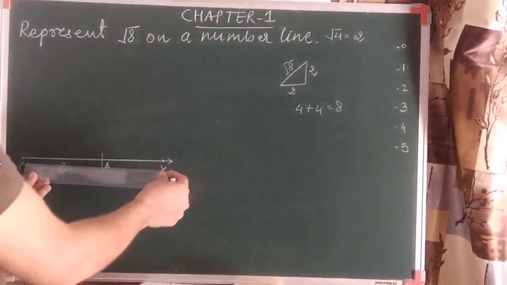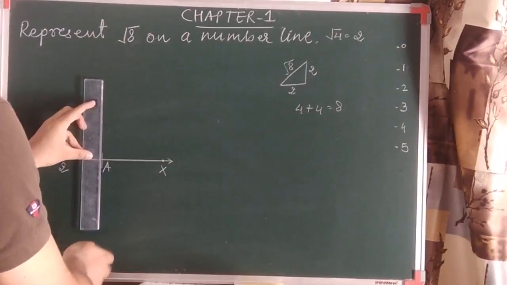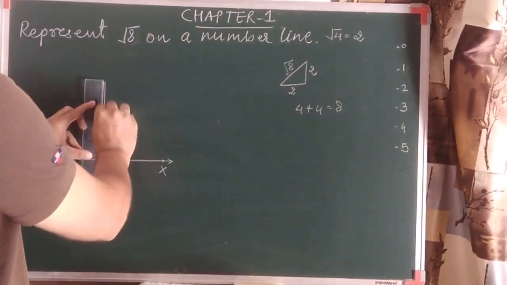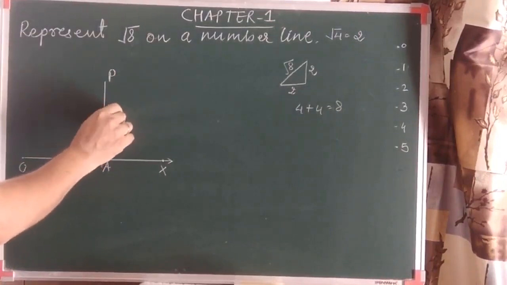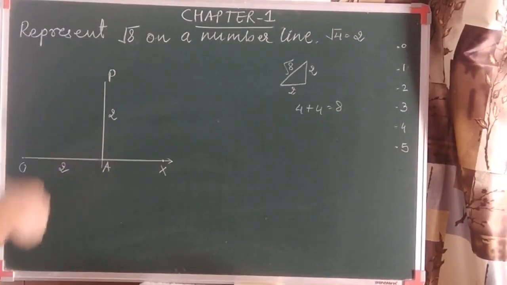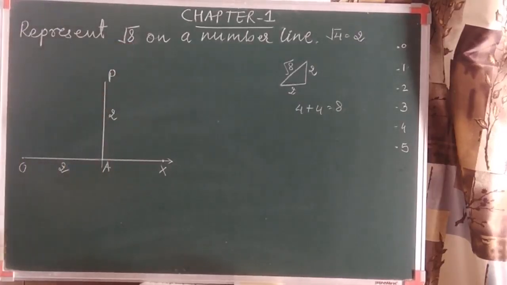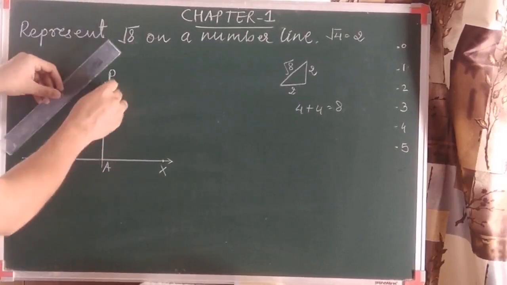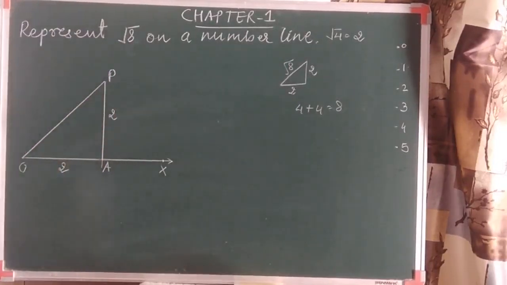2 units, since 4 centimeters is what I have taken. Point P, again it is of 2 units, whatever value I have taken. Suppose I want to represent root 7, then this won't be root 2, it must be 1 unit. So this is how we obtain the right angle triangle here.